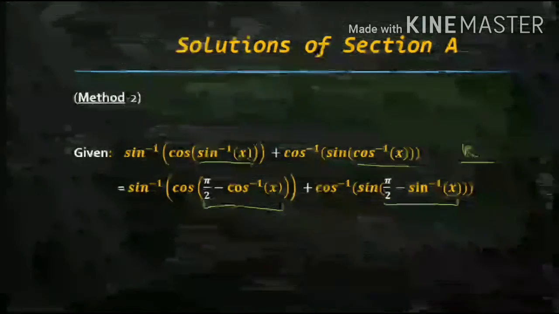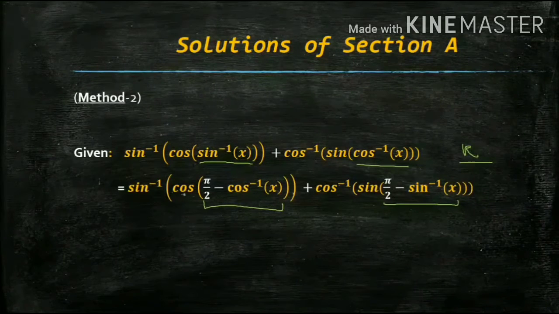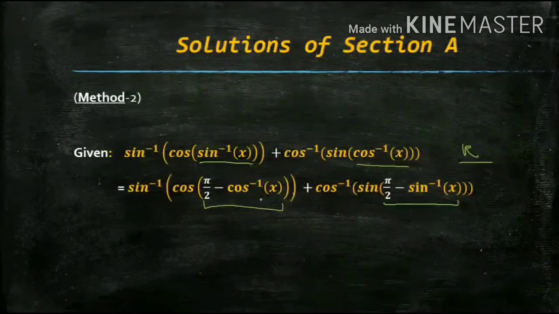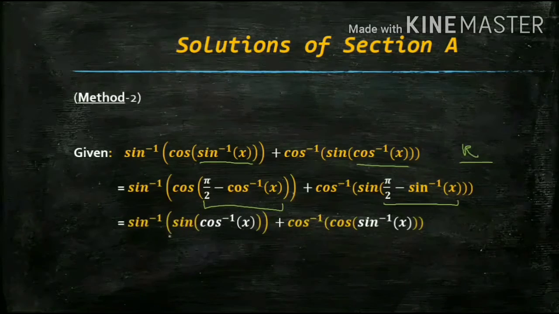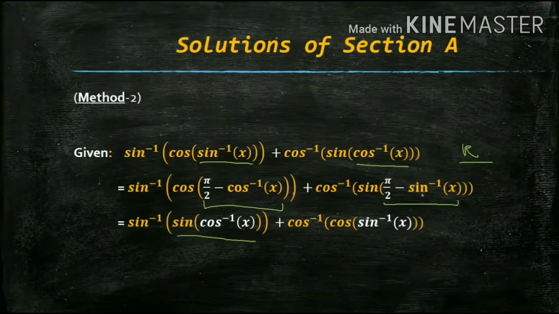Right? Now then you would be having cos of 90 minus theta. And you know that at 90 and at 270, cos becomes sine and sine becomes cos. So cos 90 minus theta would be nothing but sine theta, and sine 90 minus theta is cos theta. Correct? Rest thing is same. Cos inverse and sine inverse would become the same. Now this is the same, and this has become the same. You can totally cancel them. Earlier they were not the same, but now they have become the same.